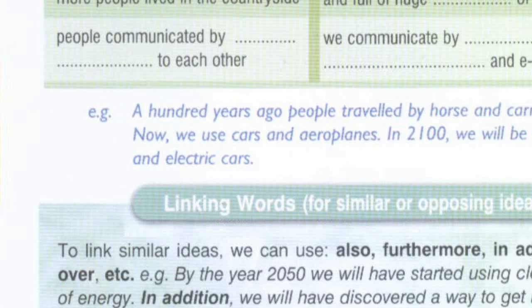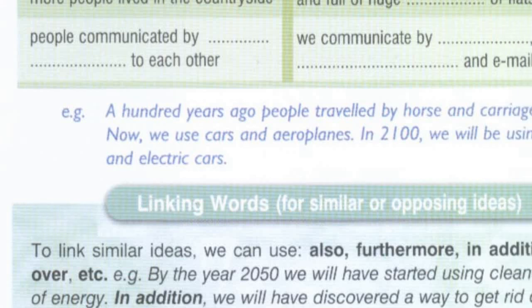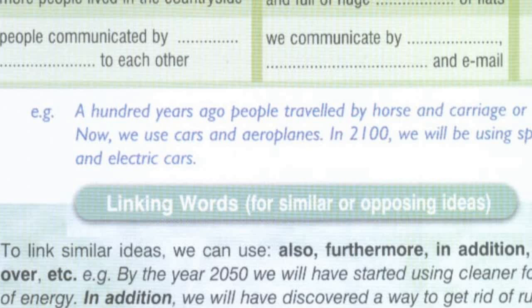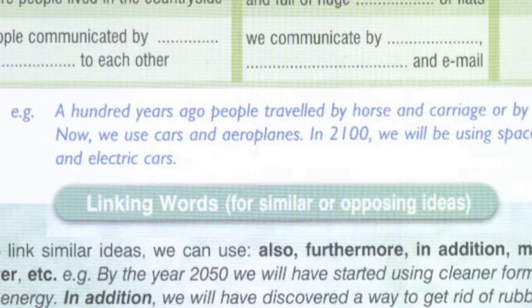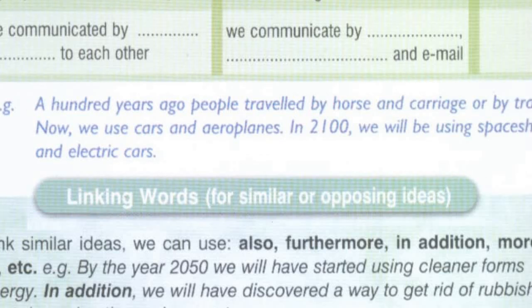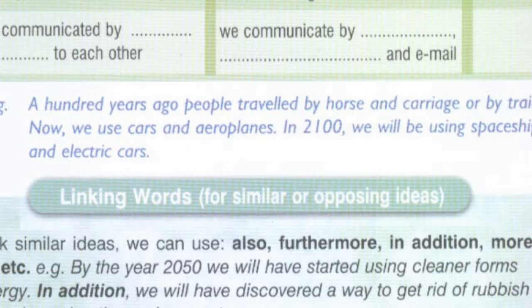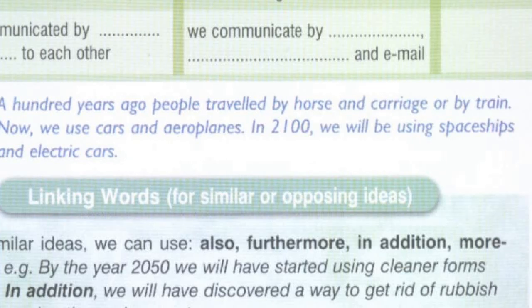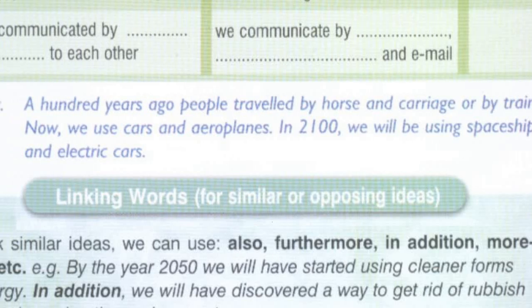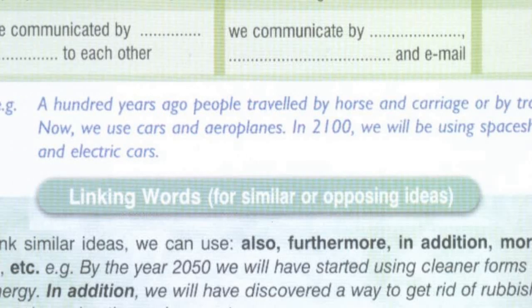100 years ago, people traveled by horse and carriage or by train. Now we use cars and airplanes. In 2100, we'll be using, okay, this is the future continuous chosen for this, spaceships and electric cars. Actually, electric cars have started, but spaceships in years ahead. Okay, so for this part, please,